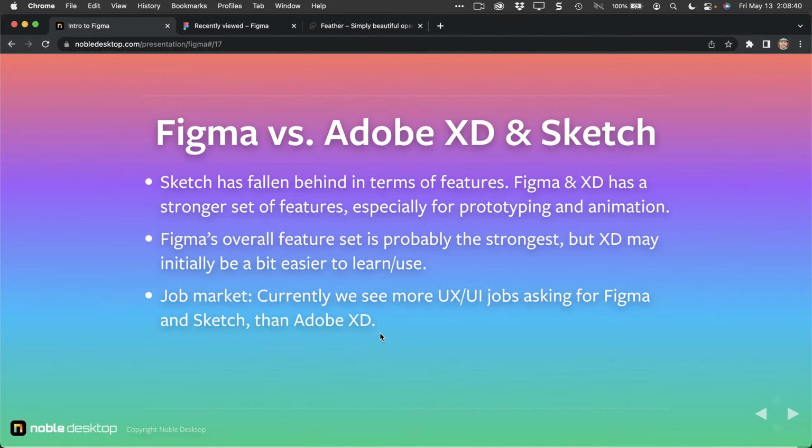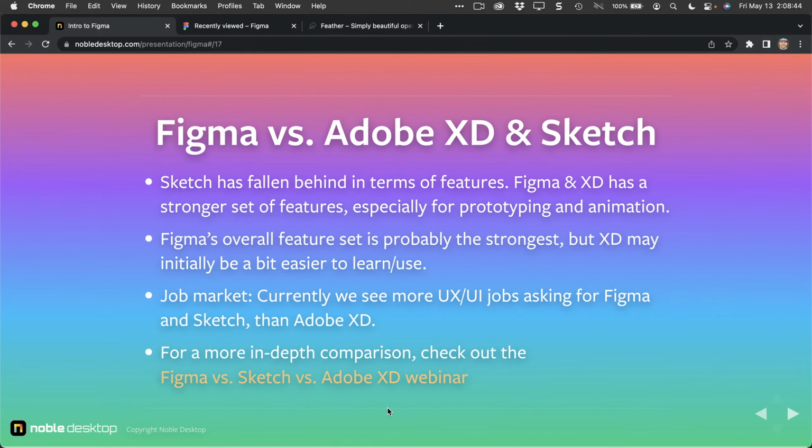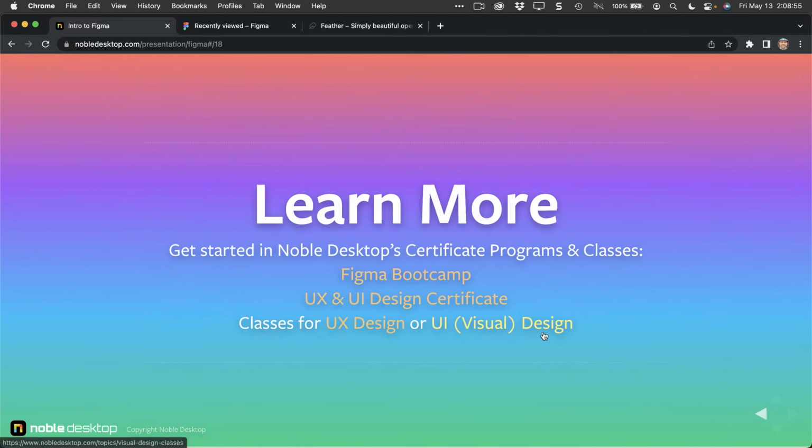XD and Figma are both good apps. So it just depends on kind of what your needs are. I'm going to be doing a webinar that goes much more in depth, specifically comparing features. So there'll be much more detail in that webinar if you're interested in learning more about comparing all three of them. And as far as learning more, we have a Figma Bootcamp that you can check out on our website,